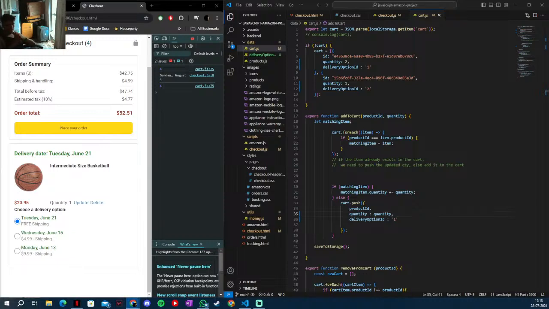The next step is to generate the HTML. First, let's find the HTML for the delivery options here. To do that,